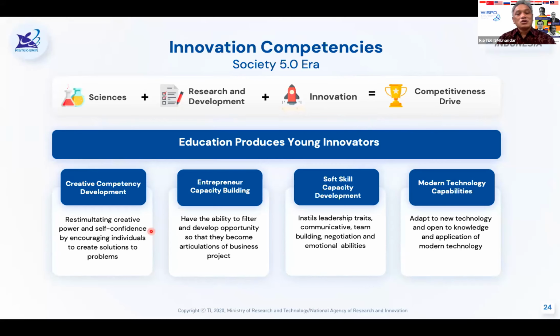So it is very important to summarize that we have a creative competency, and this needs to be nurtured, to always develop, to stimulate creative power and self-confidence, and to have a